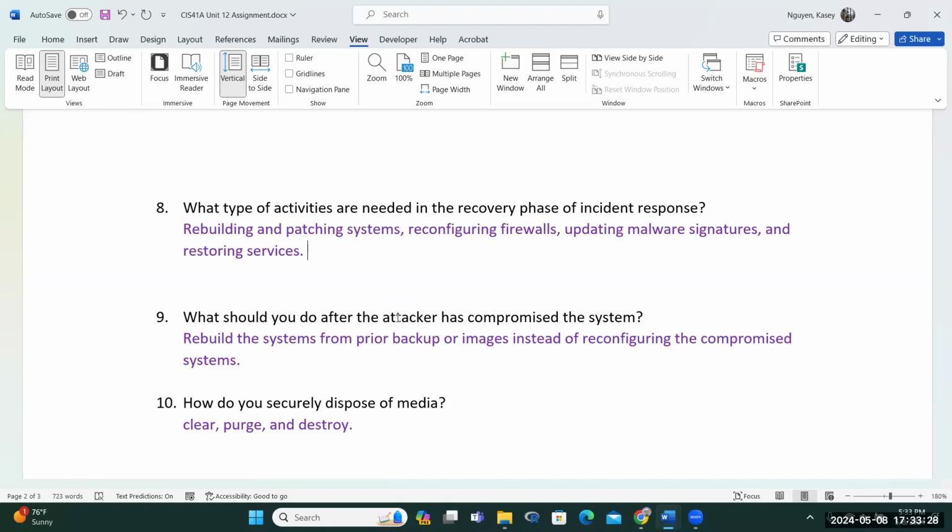Okay, so when we dispose of media, drives, SDs, anything that has storage, even RAM, right? You need to clear, purge, or destroy. So when we clear, we zero out all the data. You can use software to do that. And you need to do it multiple times. So if you do 3, 4, 5 passes, it clears, because of how dynamically a storage system writes. When you write the 0, it doesn't necessarily put it in all the areas, but if you pass over it a few times, right?